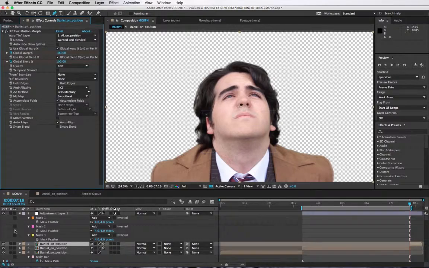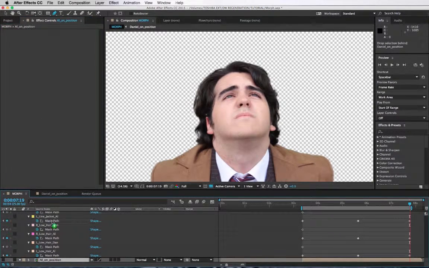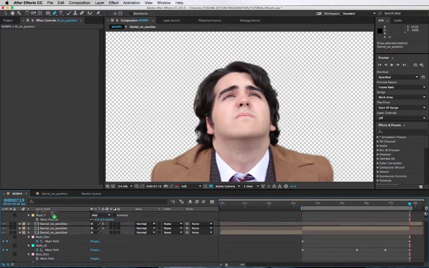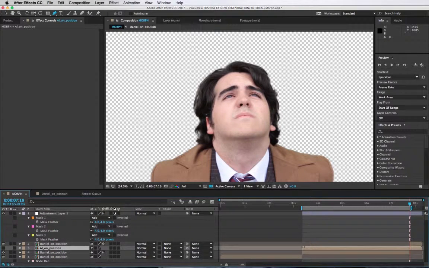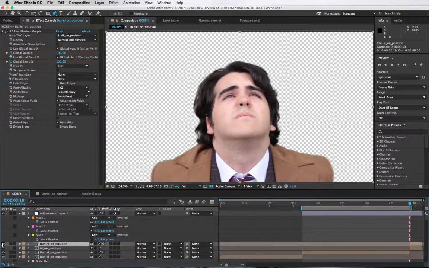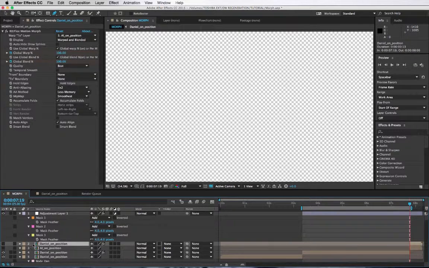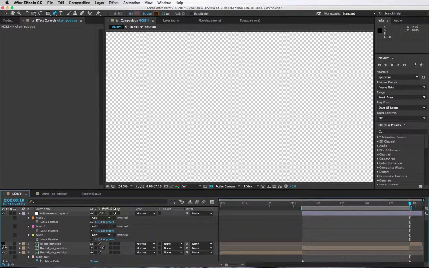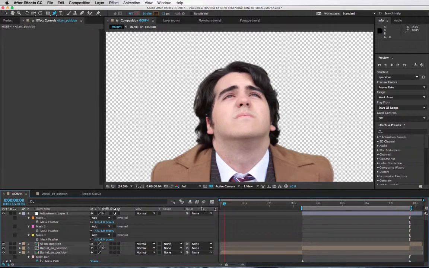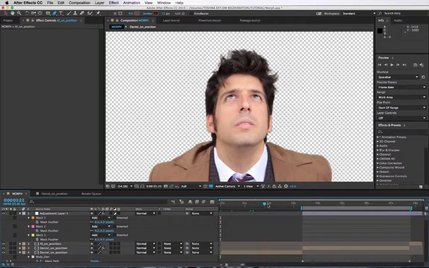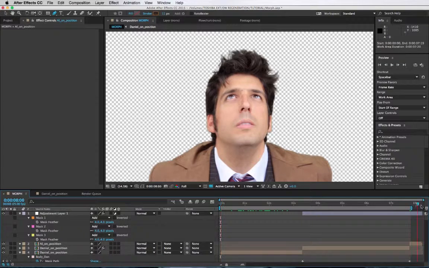So we can maintain it, or we can take this layer, put it on the top, and remove, well, make it not visible, or remove it and make this visible. So now you can see that the beginning goes fast enough because it doesn't have the effect on it. So I'm going to press B, N, and add to render queue,